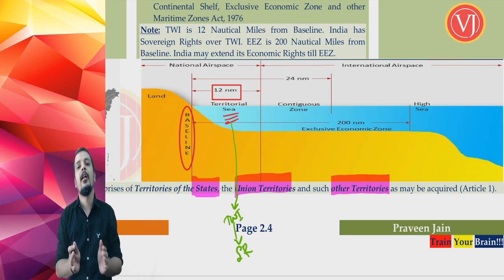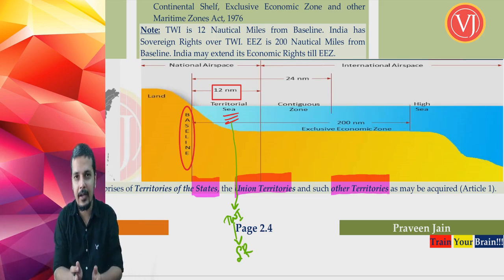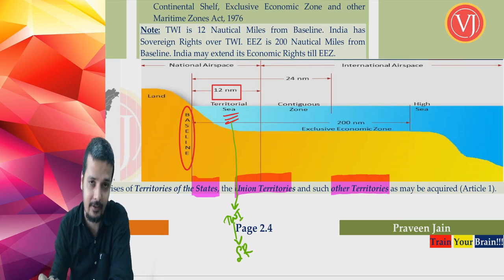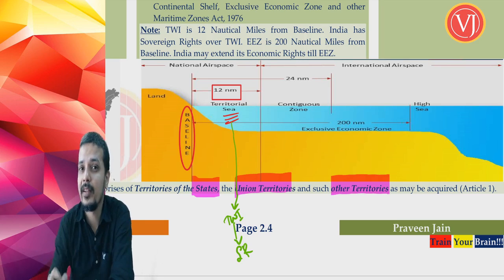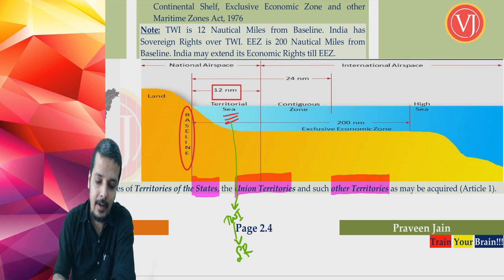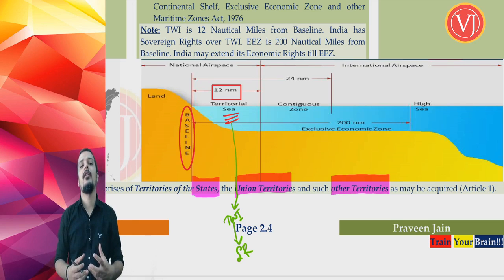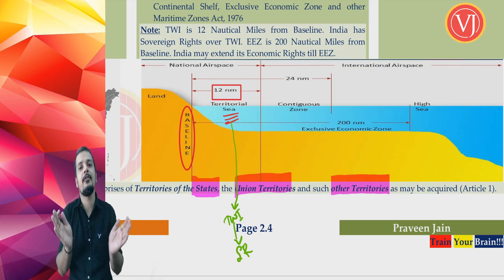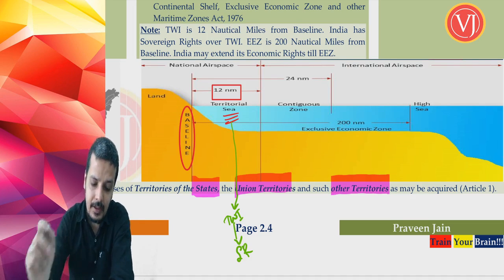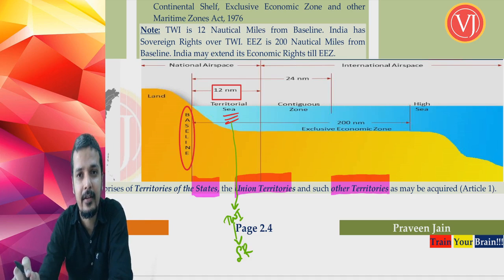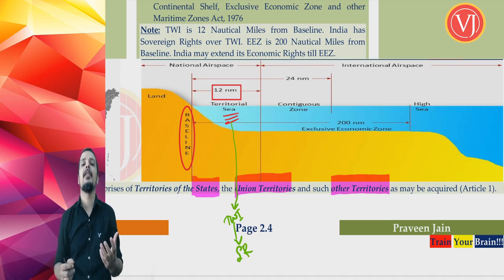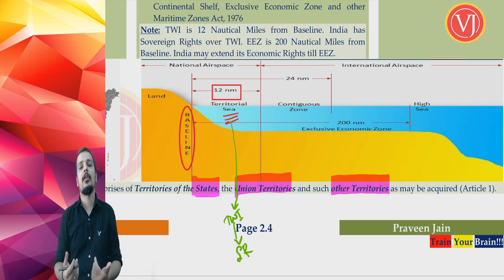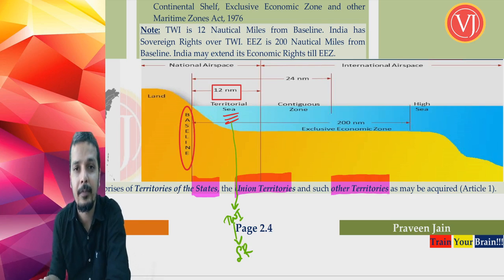12 nautical miles was always part of India, is part of India, will always be part of India, where India exercises exclusive rights, otherwise called sovereign rights. Now, that is for the purpose of other activities of the government not dealing with taxation. TWA is always taken as part of India with respect to your sovereign rights, which means that if you look at India, one side we have the Arabian Sea, one side the Bay of Bengal, and the bottom side the Indian Ocean. Obviously, three sides India is covered by water. So TWA is very important for India, right?